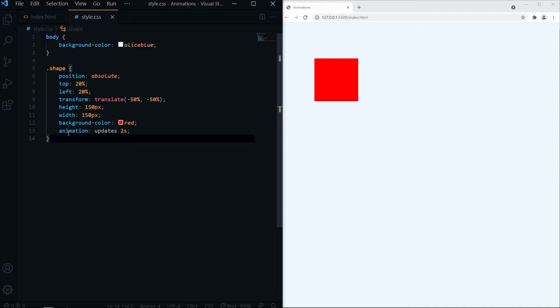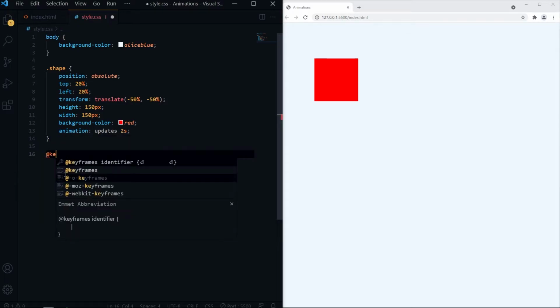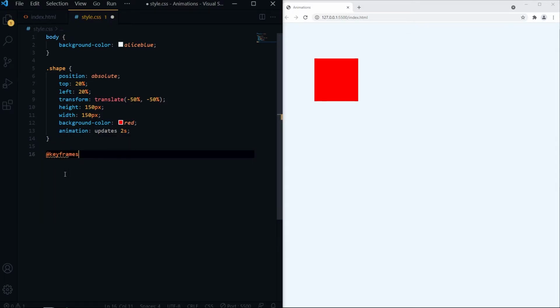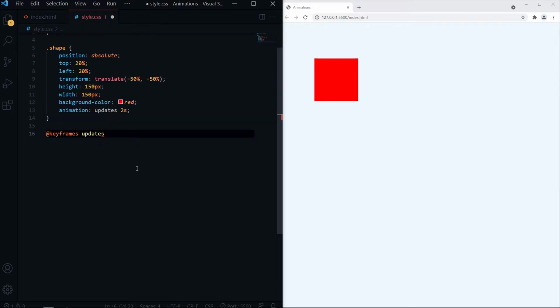The keyframes hold what styles the element will have at certain times. When you specify CSS styles inside the keyframes, the animation will gradually change from the current style to the new style at certain times. For example, after @keyframes, we need to give the animation name and open curly braces.